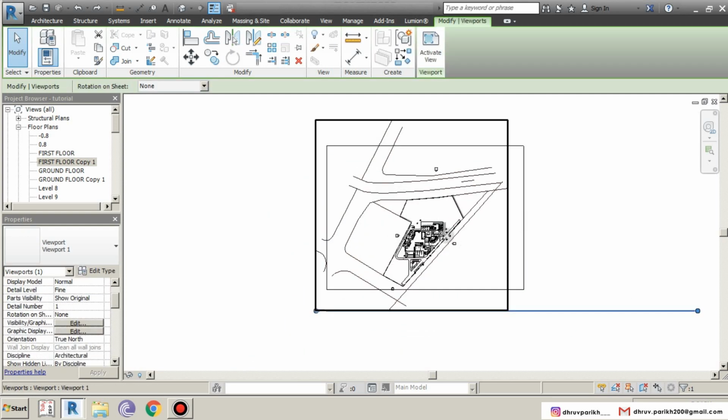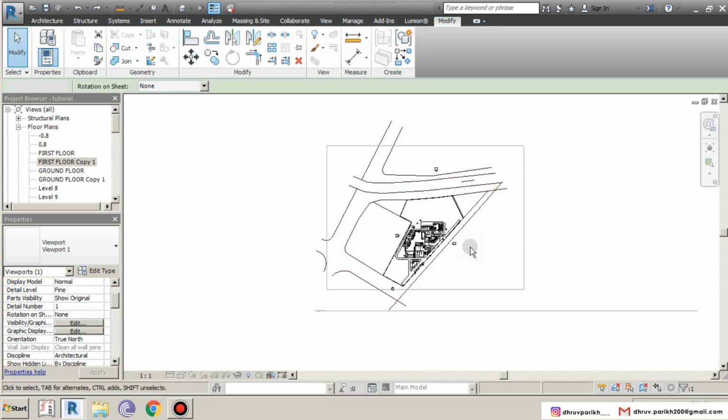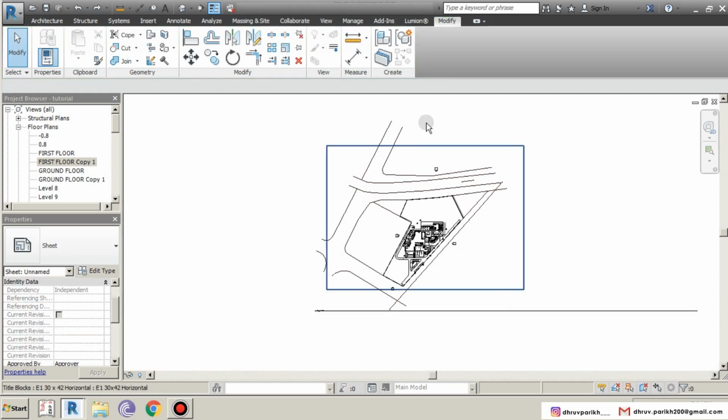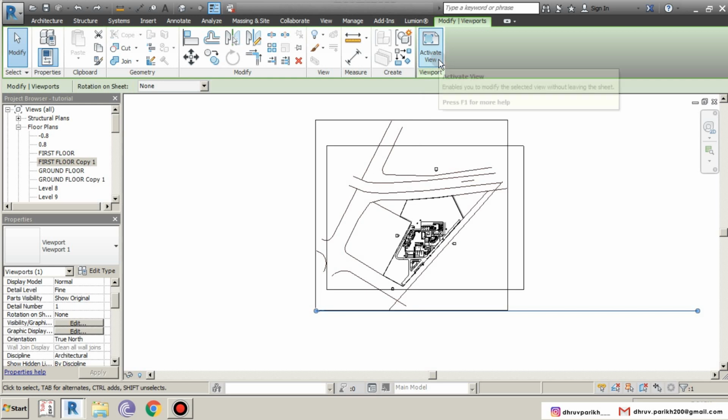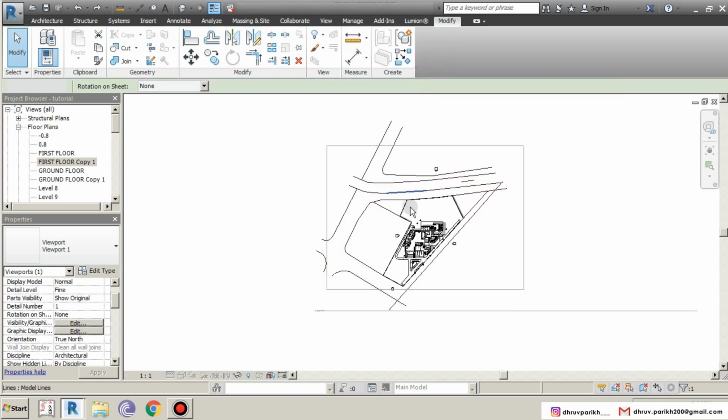There are times when we have to provide a detail of our plans. So to do that, activate this view by double clicking on it, or you can also activate the edit mode by selecting it and then click the activate view from up here.